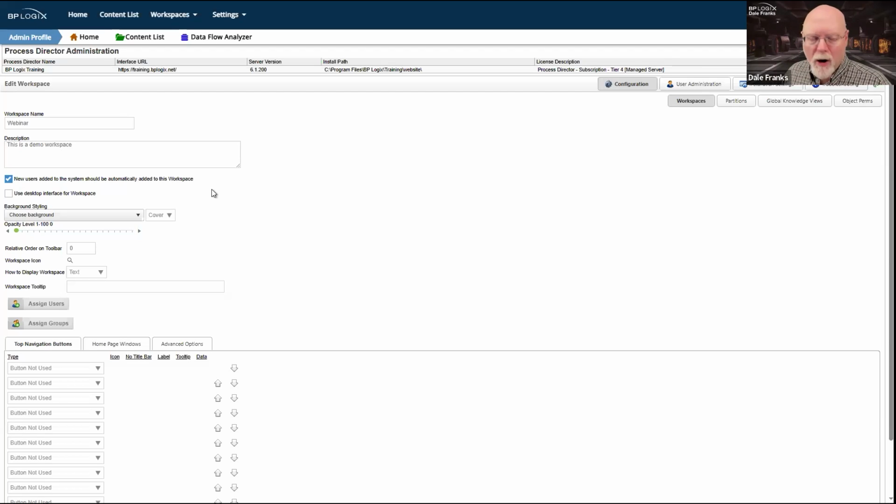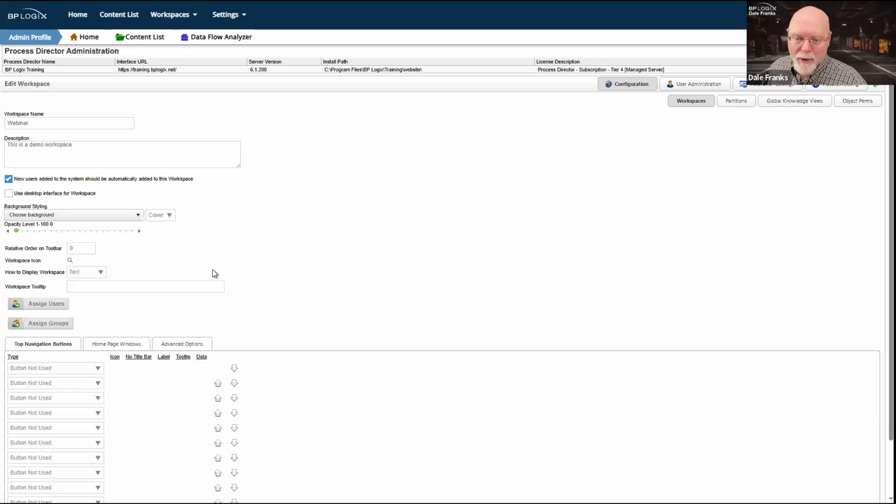Sure, there are parts of what shows up in the workspace that we give you, the user profile workspace, that you're going to want to copy. But for the most part, probably the best practice would be, very first thing, I get Process Director installed, really before I do anything, and certainly before I add any new users, that you just create this new workspace and ensure that it's set so that new users are automatically added to it. Now, that'll work on all of your new users.